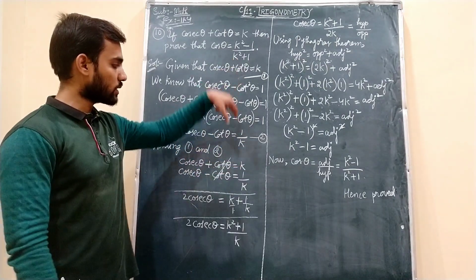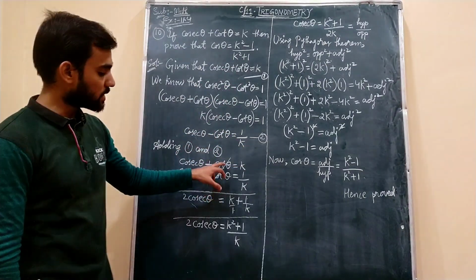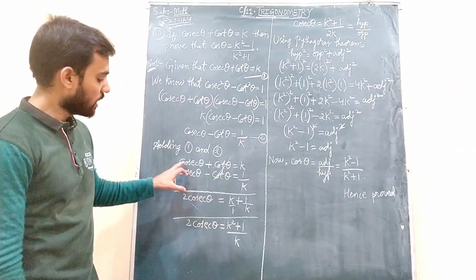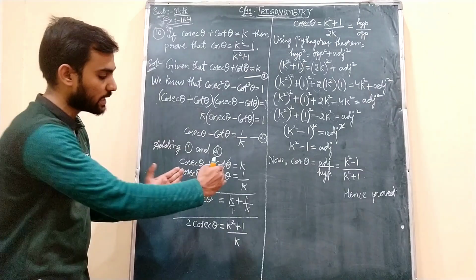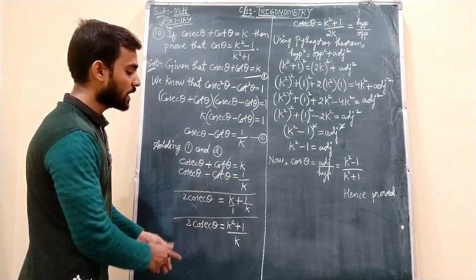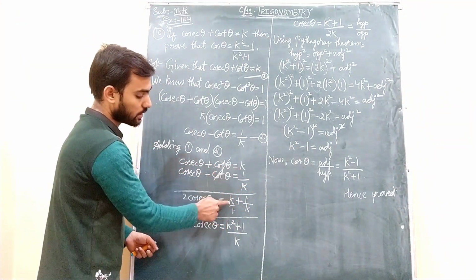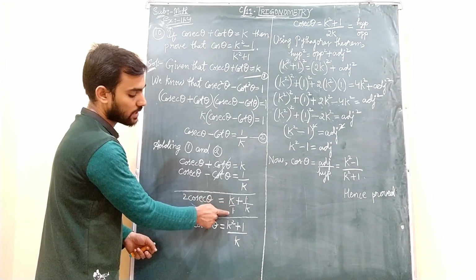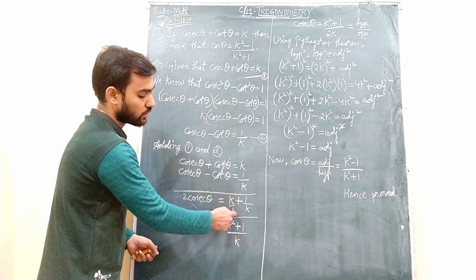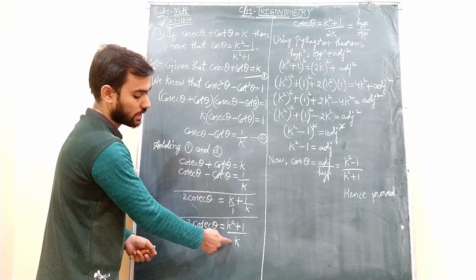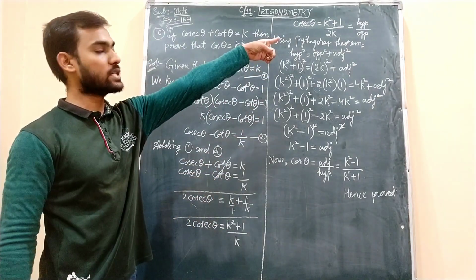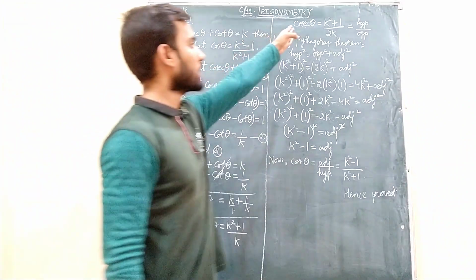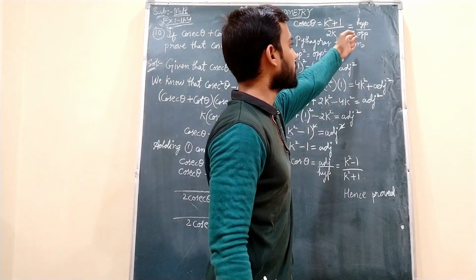Now adding both the equations 1 and 2, when you go for addition, the plus and minus get cancelled. Cosecant becomes 2 cosecant, and this you need to retain separately, k plus 1 by k, and in the next step the denominator of this k will be 1. Taking numerators and denominators, direct multiplication, we get this, and then 2 after transposing becomes division by 2k, and this I have taken as the ratio of sides, that is hypotenuse by opposite.